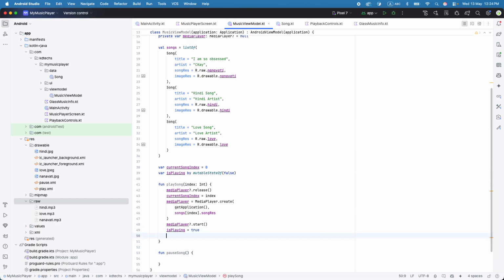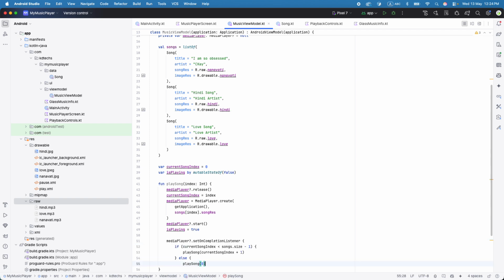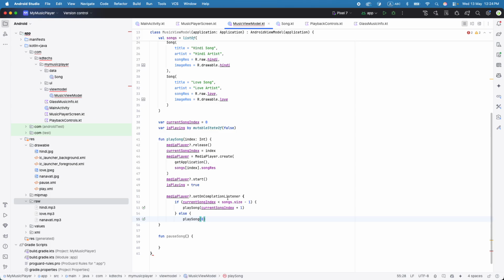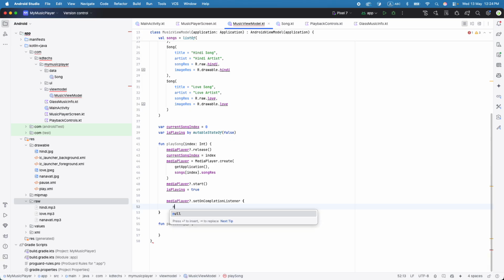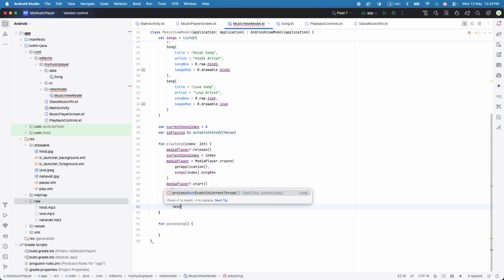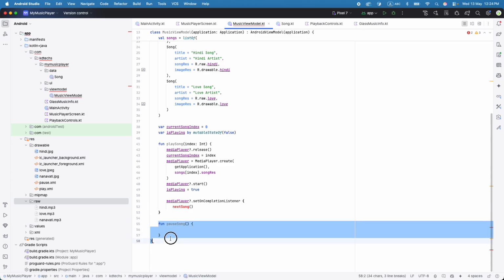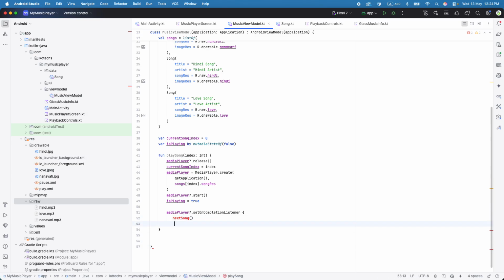And one more thing, when the song's complete, what do we need to do? Set on complete listener, we just put set on complete listener, and here we just say play next song. Okay, let's remove all this, and here just close it. Okay, next song. Now we need to create another function for the next song, but before that, let's say another